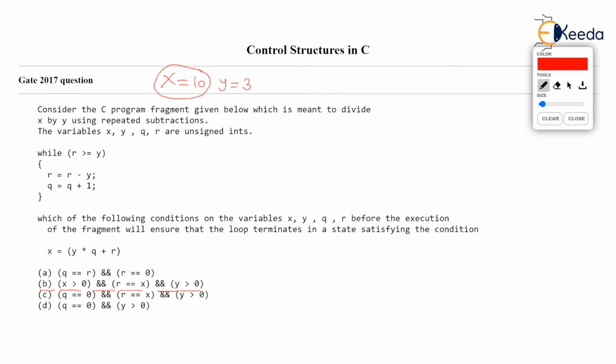So I'm taking r equal to 10, equal to x. And y should be greater than 0. So y is really greater than 0. So let's see if these conditions are satisfied. How will while work? While r, that is 10, is greater than or equal to y, that is 3. The condition happens to be true. While runs and r becomes r minus y. So that is 10 minus 3. So r becomes 7.